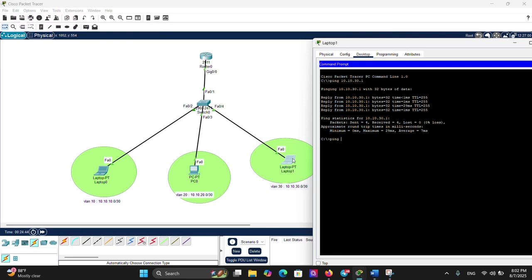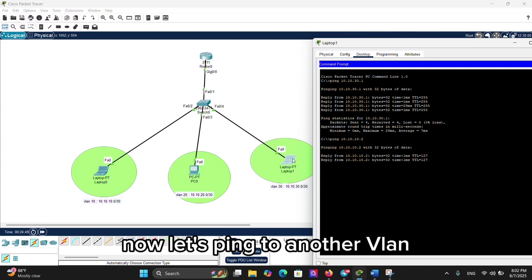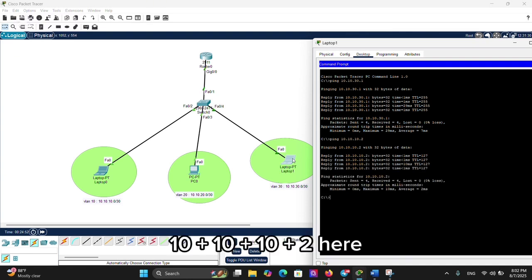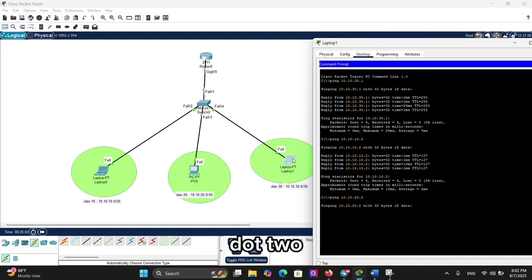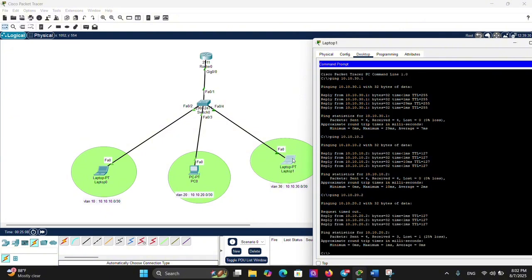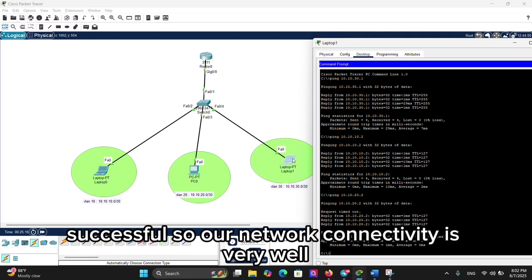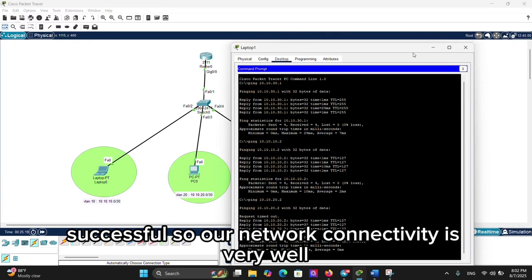Here, our ping is successful. Now let's ping to another VLAN, 10.10.10.2. Here, it's successful also. Now 10.10.20.2. Okay, successful. So our network connectivity is very good. So I'm going to say